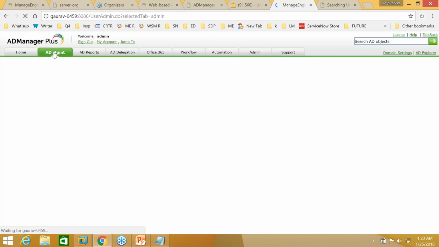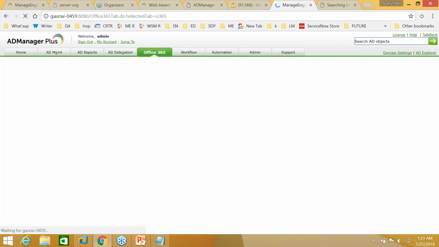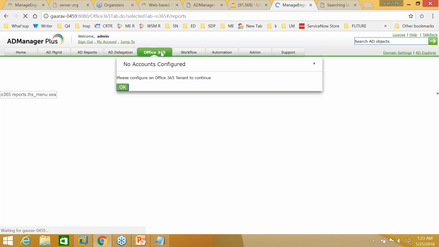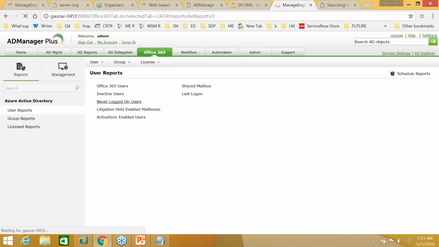When it comes to finding out inactive users in Office 365, the Office 365 module has been newly included. It's put in as a separate tab right now. From the management options that are available, you can assign licenses or revoke licenses from the product for Office 365 when it's configured. Configuring it is pretty simple, just one credential in the admin tab and you will be able to get that configured. Now I haven't configured it, but I'll be able to show you the list of